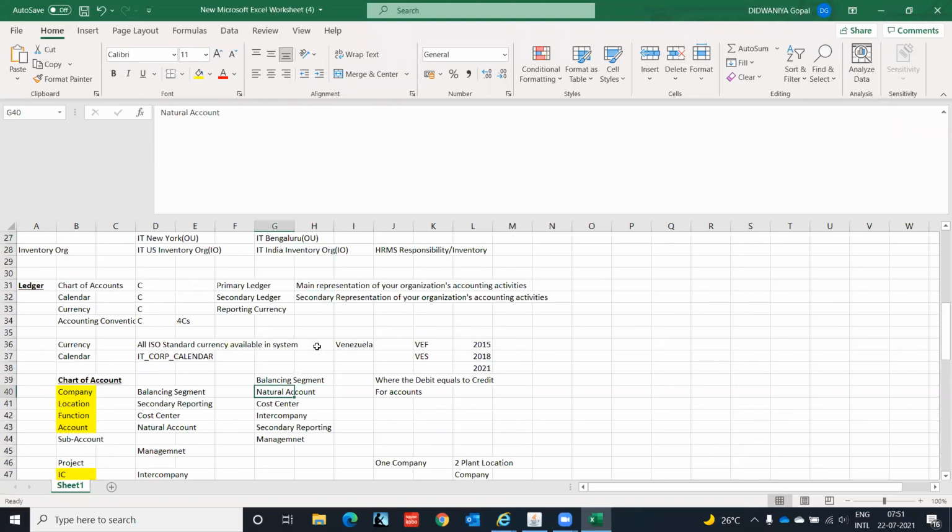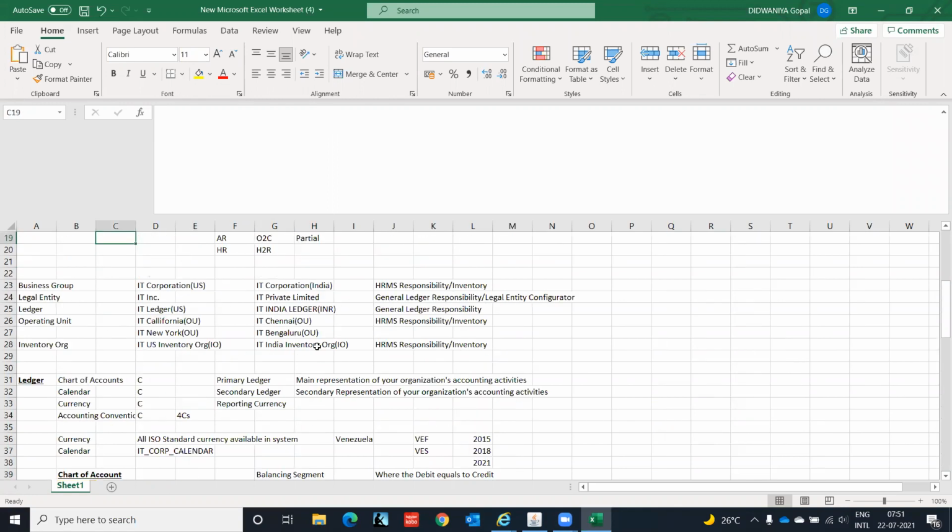in organization structure, we have business group, then we have legal entity, ledger, operating unit, and inventory. All is tightly integrated. Under business group, you have legal entity and ledger. And this legal entity and ledger is attached to operating unit via operating unit only.